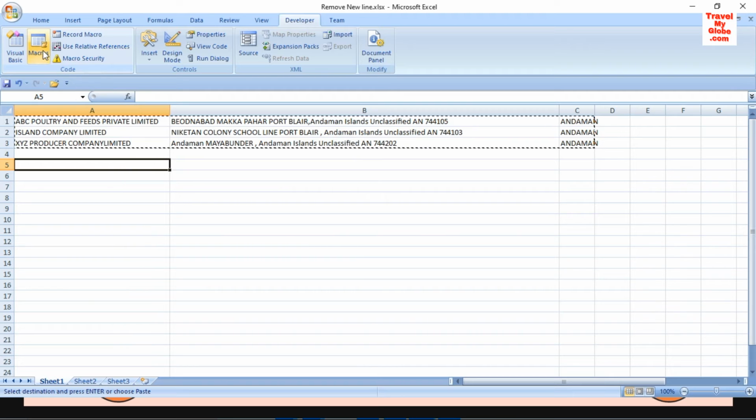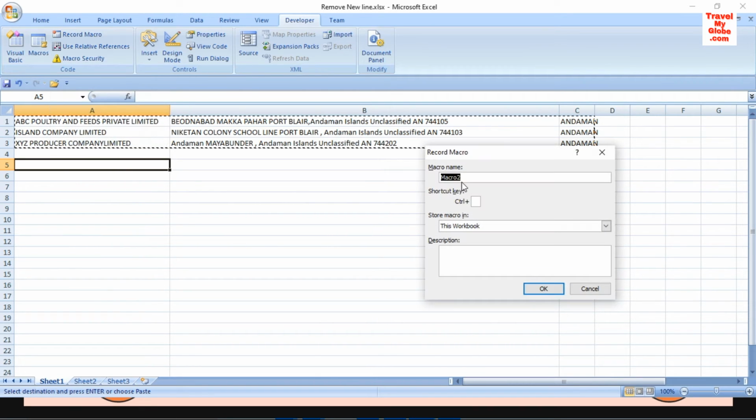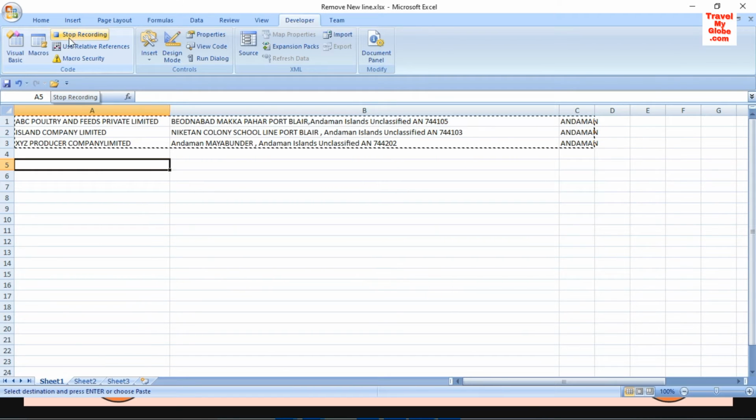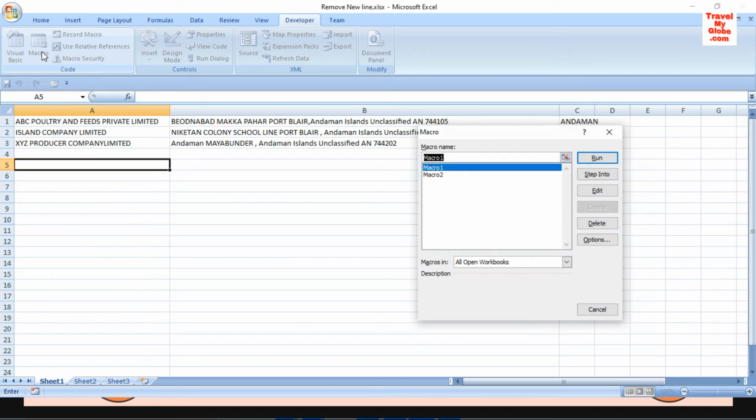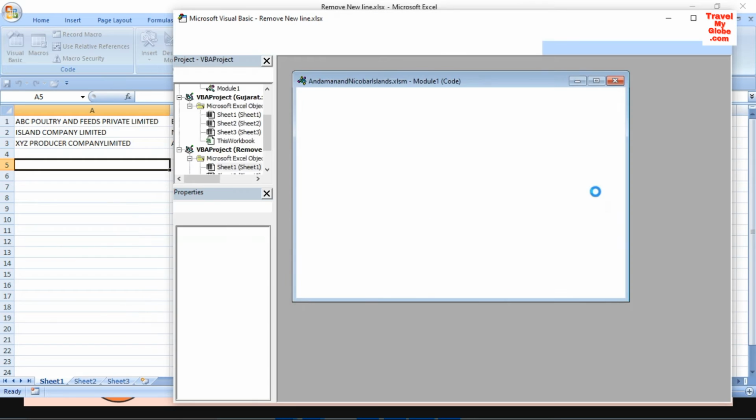Now when you record a new macro, like I am going to record another one, Macro2, you can rename it here. You will see that this item has now changed. Then stop recording. When you stop recording, your macro is saved, and when you go to Macros, you will see that there are now 2 macros. One I created earlier and another I created just now as a sample. I go to either of them and edit it.